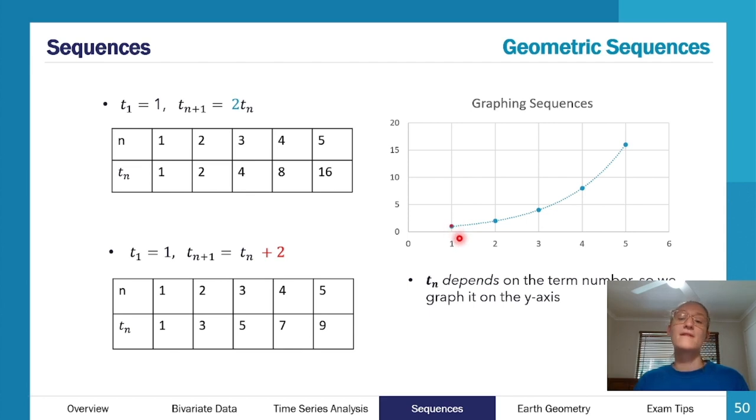Here, you can see I've placed my first red marker because term 1 in our first one is 1. Term 1 in our second one is also 1. Still the same. Our term 2 here is 3. Oh, so it's actually a little bit bigger than our other one here. But then let's see, our term 3 is 5. Still a little bit bigger. Our next term is equal to 7. Next one is equal to 9. So now all of a sudden,